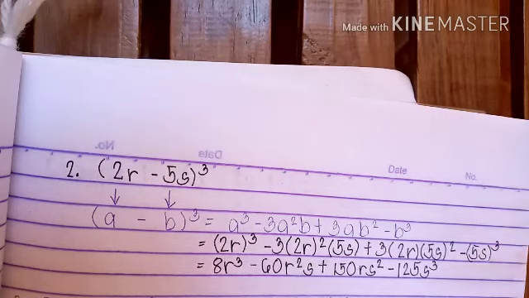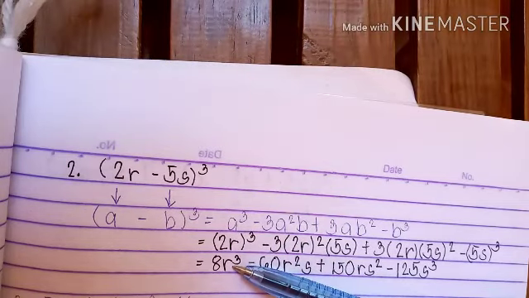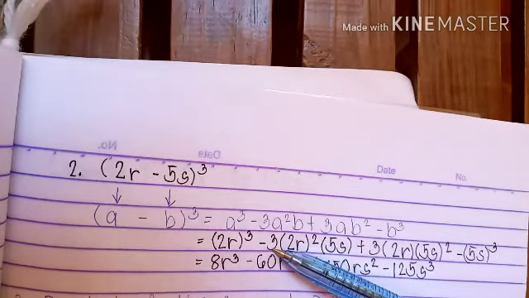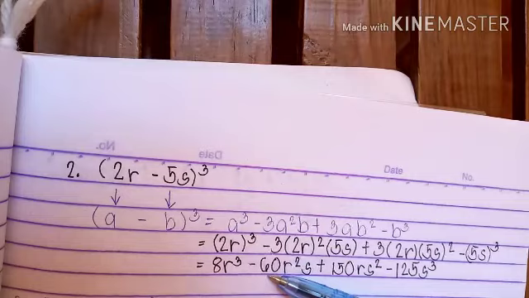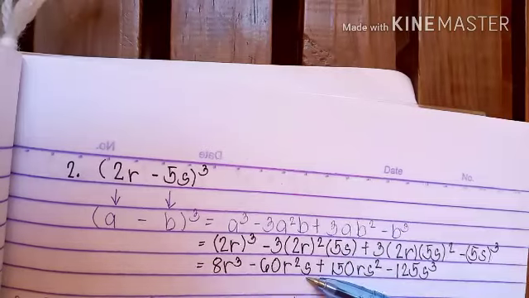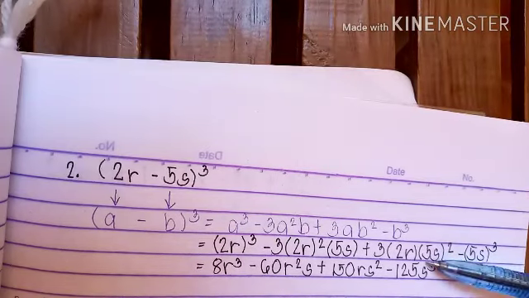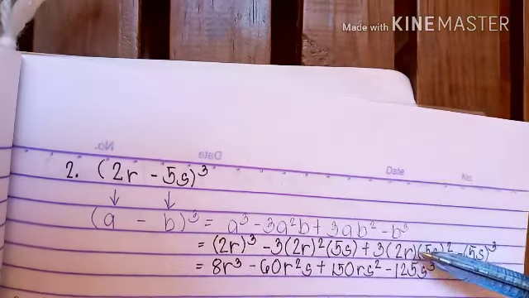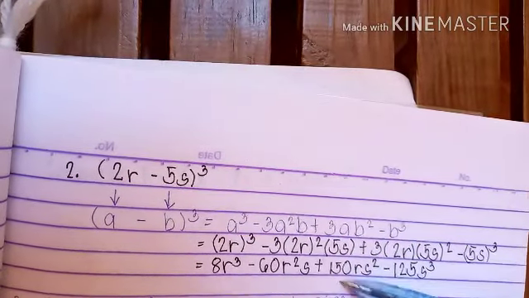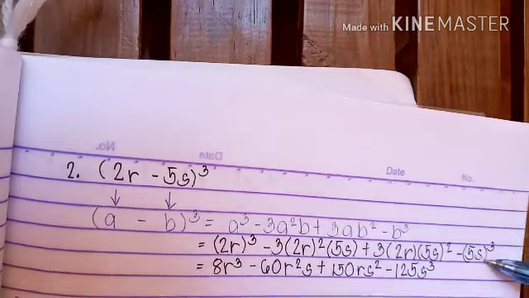So further simplifying this one, this would be 2 cubed, that is 8, r cubed, that is r cubed. This would be 2 squared, that is 4, times 3 times 5. That's why it became minus 60. And then r squared is r squared and s. Now for this one, we have 5 squared first. So we square your 5 first, that would be 25 times 2, and then times 3. That's why it became 150. And that would be your r and s squared. And this would be 5s cubed would be